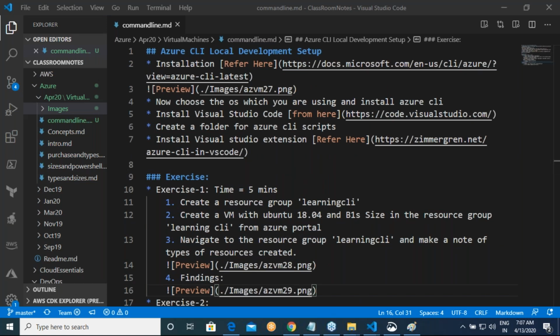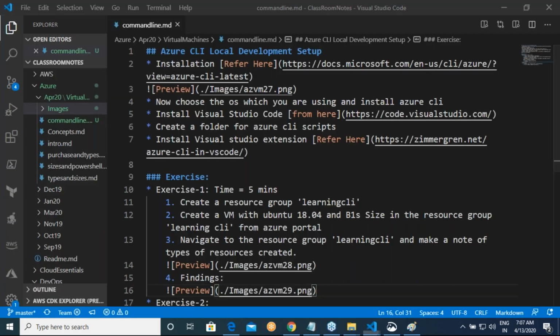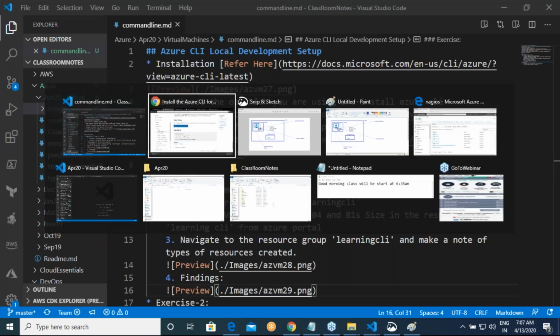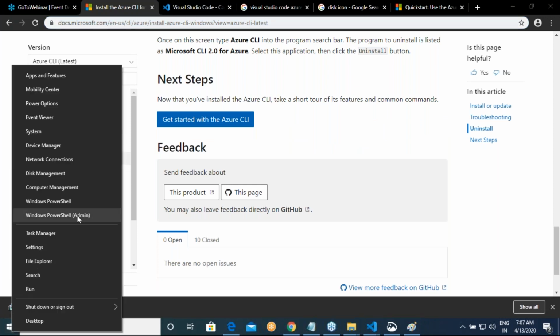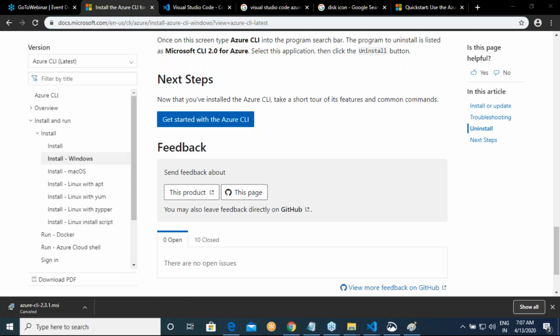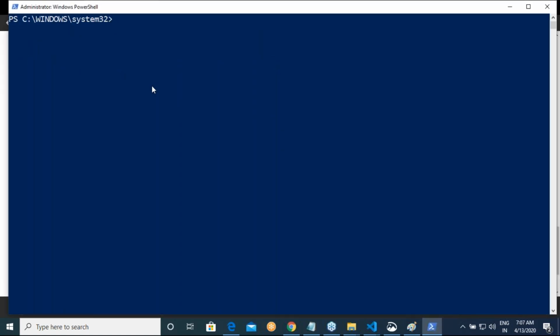The first link is to create a VM using the CLI, and the second link is for installing the Azure CLI. So install the Azure CLI, and once you finish installing it, there is one step I want you to look out for. After that, you can be on your own.